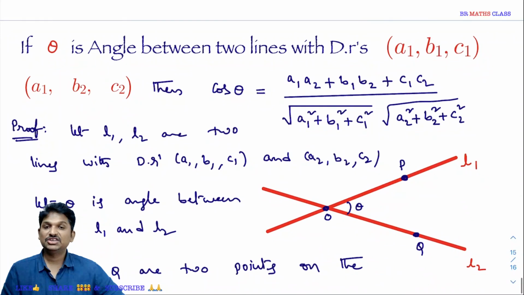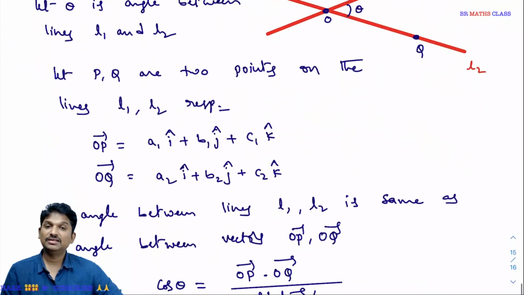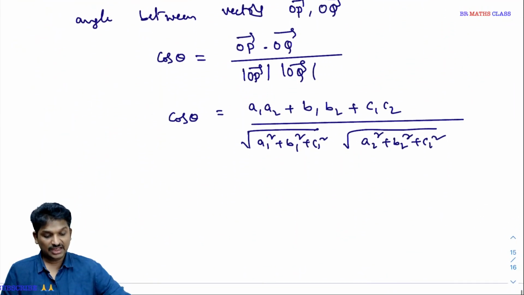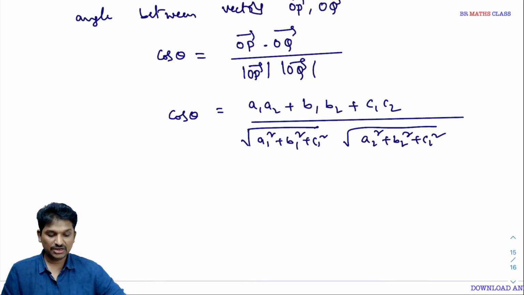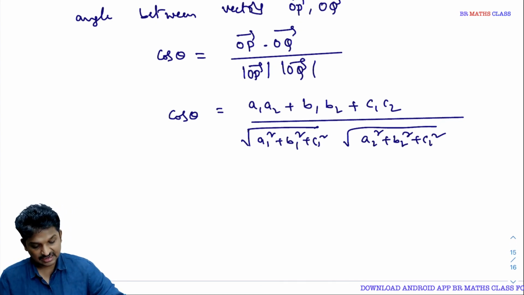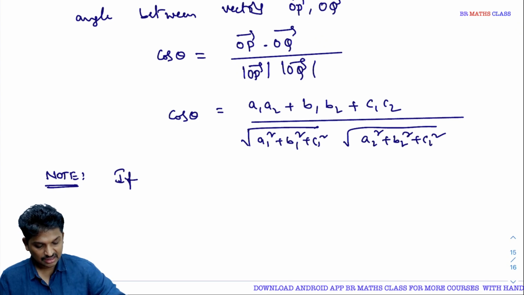When they are given direction ratios of the lines, then we can find the angle between those two lines by using this formula. Here what is theta? Theta is the angle between those two lines. If the lines are perpendicular, I'll give a note point here. If lines are perpendicular,